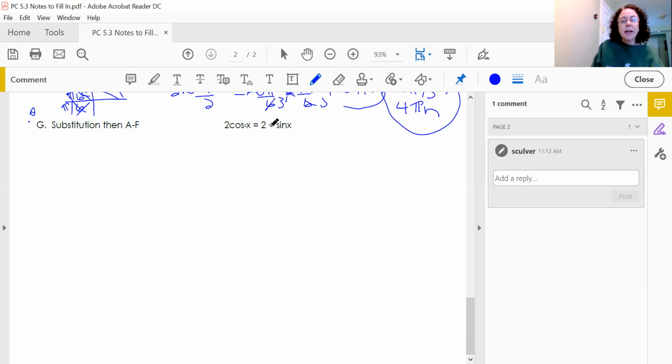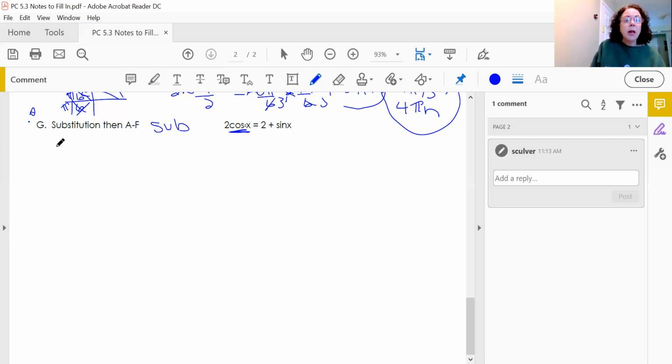So notice with my sine of x, if I subtracted a 2 from both sides, now sine is dependent on cosine squared. Notice if I took the square root of both sides to have the square root of 2 cosine of x, it would be dependent on the square root of sine of x, and that does not sound like any fun. So here's my suggestion to you, that we need a substitution using a trig identity. Now,